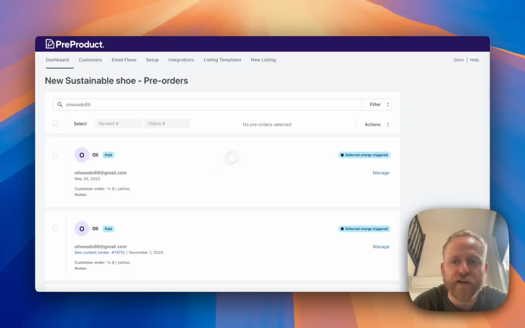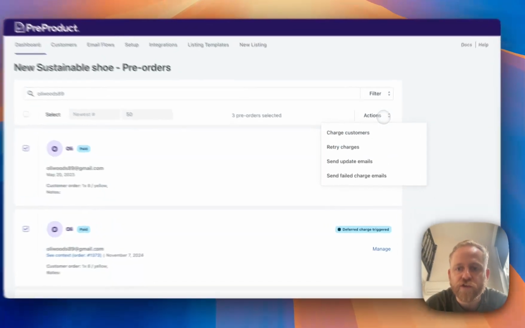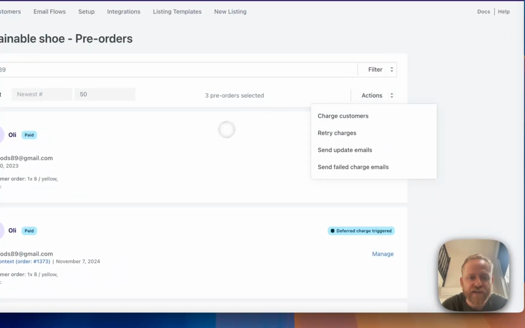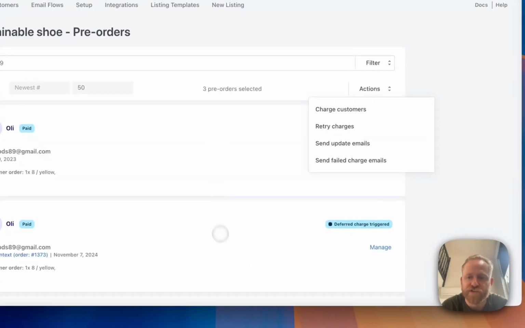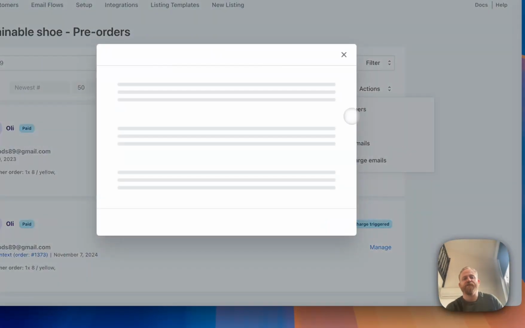And finally up here, let's do our 50 oldest again, we've got the actions area. So from here you can now trigger actions against your pre-order selection. We can charge customers, we can retry charges, we can send update emails to just selected pre-orders, and we can also send failed charge emails. So if we click charge customers,